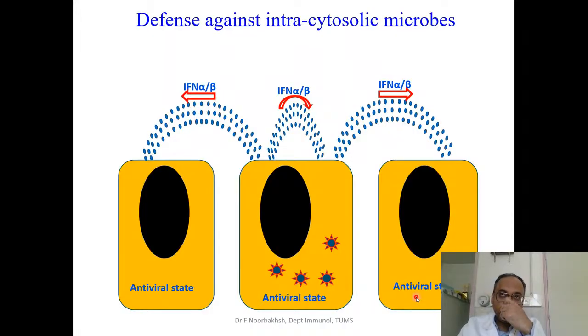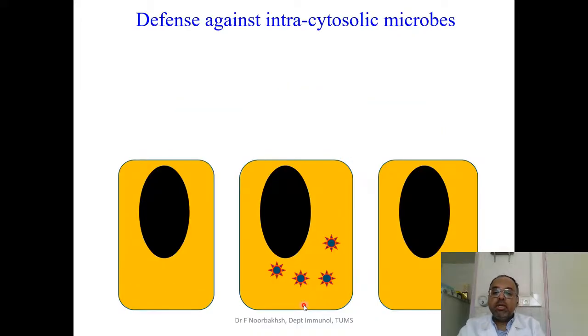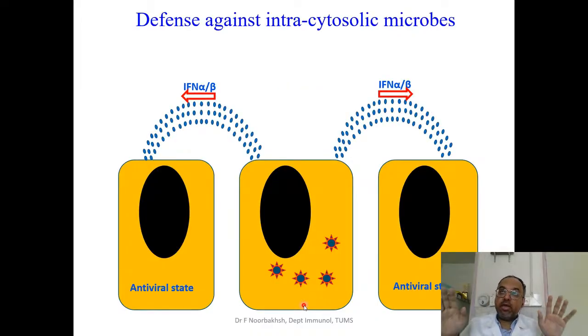So what is this antiviral state? Well, it has different aspects. One major aspect of antiviral state is reduction in the synthesis of proteins. In other words, if you want to anthropomorphize this, like make them similar to human beings, the cell in the middle will tell nearby cells that, well, beware, I'm infected by a virus. So they say, okay, what can we do? Well, it tells them that I'm giving you interferons, and these interferons will turn off protein synthesis inside you. So it tells them basically to turn off their protein synthesis machinery. Don't make proteins anymore.